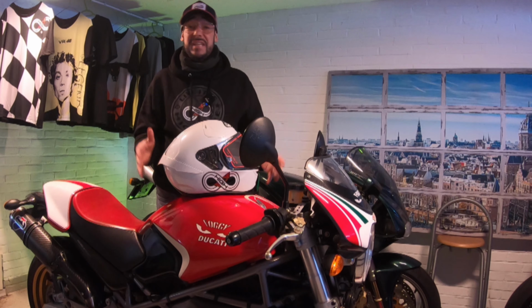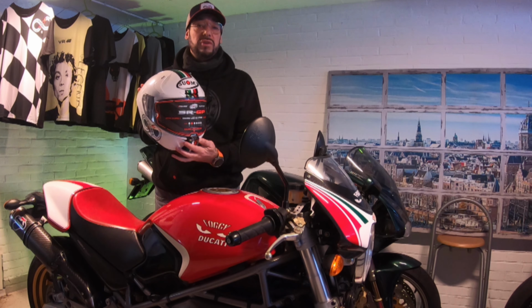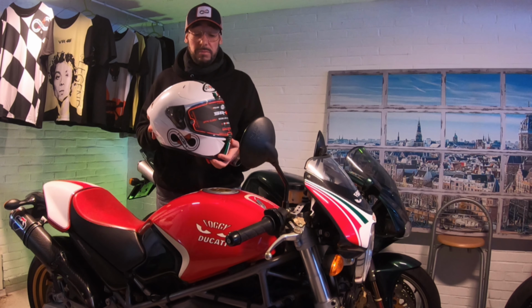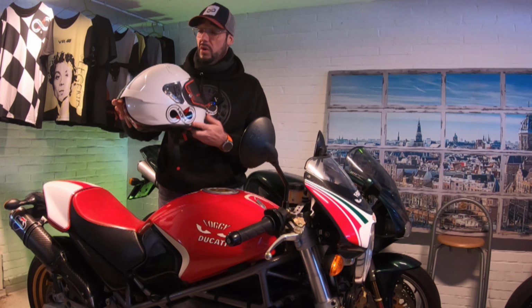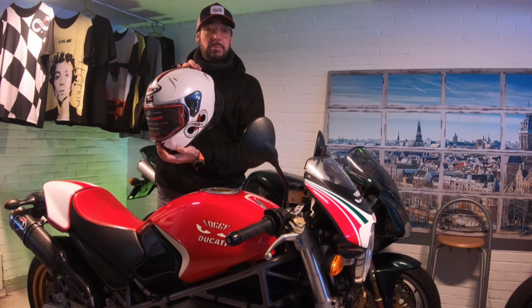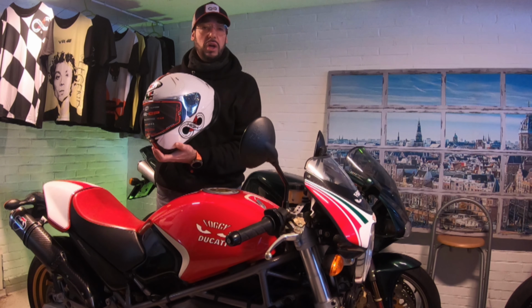This is a really fantastic helmet. This is an SR GP, so this is the like of Dovizioso used to ride on his Ducati, so this is top notch from the MotoGP category, and as you can see it's branded with the High Ride logo and the Italian flag. I think that the minimalistic approach to the graphic and the very nice pearl white color fits very well,